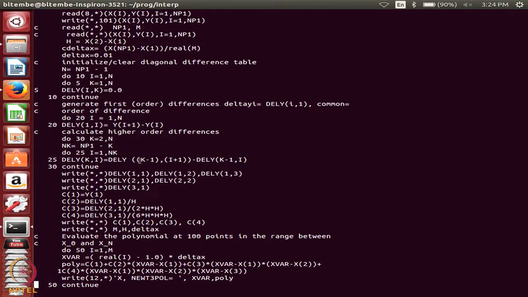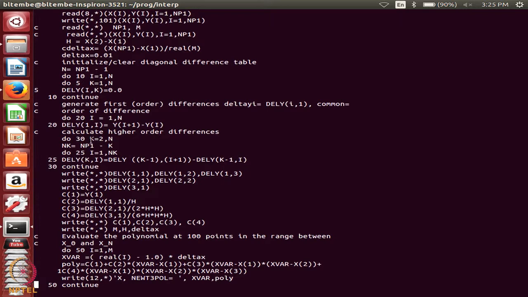In the first loop, k was 2. So, this is 1. The difference between 2 first order differences gives me the first second order difference, k equal to 2 at the first point. When I is equal to 2, it gives me the second order difference. So, that is how I calculate the second order difference. This way I have calculated 2 second order differences. My next job is to calculate the only one third order difference. So, now k is 3.